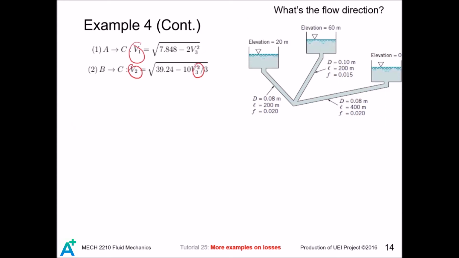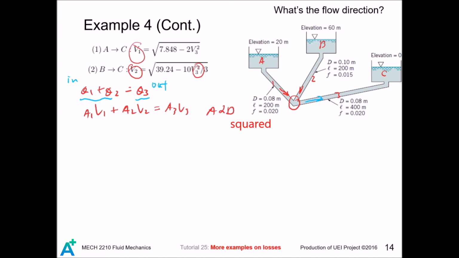Now, we have 3 unknowns, but we have only 2 equations, so we shall have 1 equation left, and that is the continuity equation. If we apply the continuity equation at this point, so these are tanks A, B, C, and pipe 1, 2, 3, and both A and B are getting into this point, and only tank C is receiving all the things from A and B. So we can write down the continuity equation as, and again, this is in and this is out. So we have,